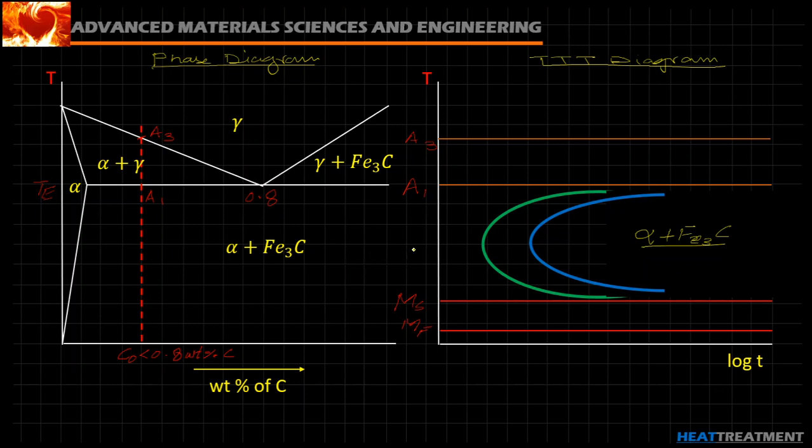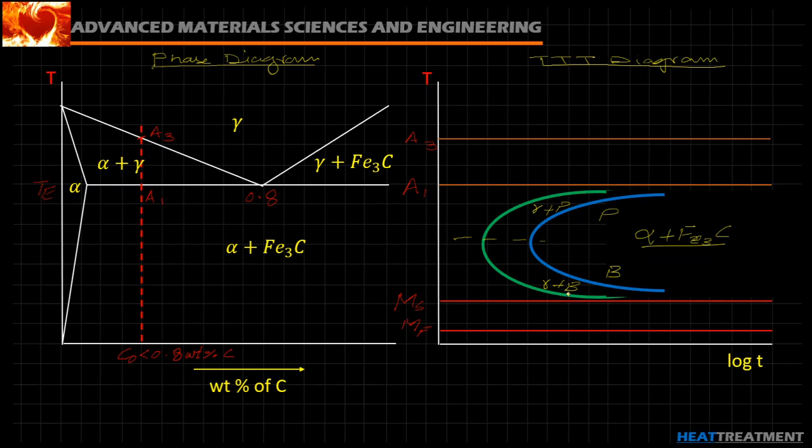However, above the nose we have pearlite, and below the nose we have the bainite. And similarly, between the start and finish of these C curves, we have alpha plus pearlite above the nose, and we have alpha plus